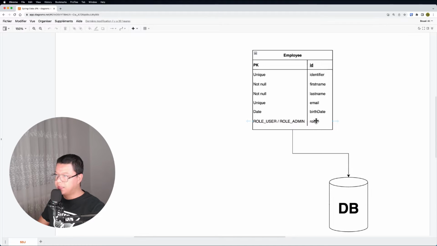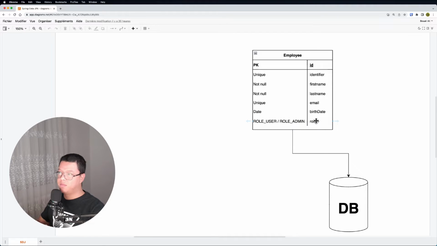And here also we want to assign a role to this employee, and this employee can have either a role user or a role admin. So what are the possibilities we have within this database, or how can we manipulate data within this database? We can first recruit a database administrator and he can perform all the SQL queries and we can store the data and so on and so forth. Also, we can create some Excel sheet or some scripts and so on and so forth just to persist and read the data.